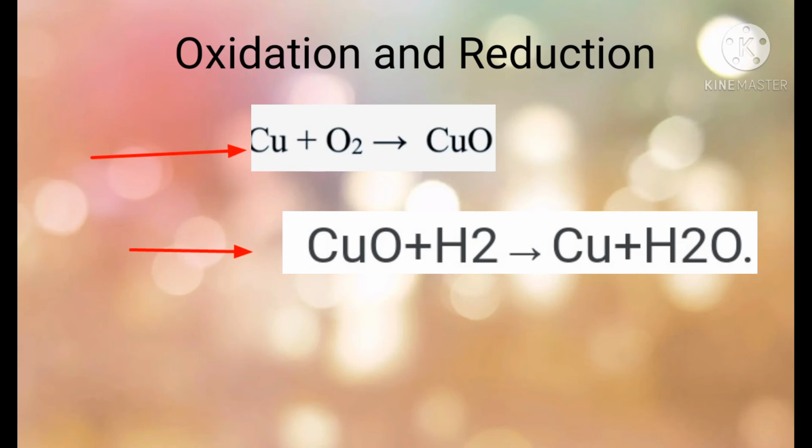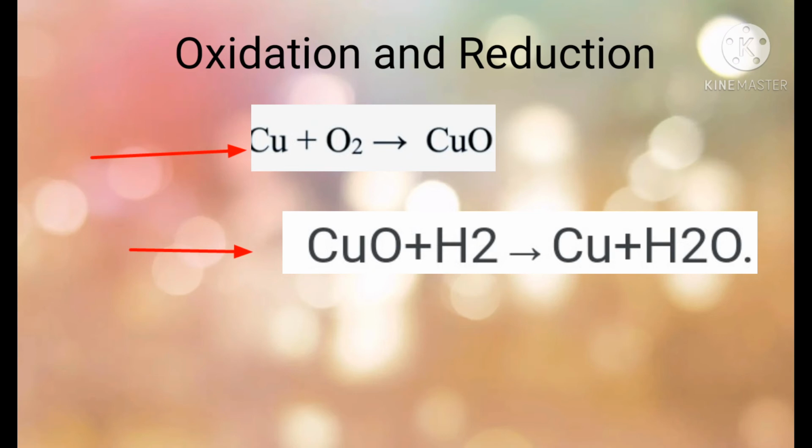On the right side of the equation, there is copper. On the left side of the equation, there is copper oxide. I told you to see on the right side. Only copper is formed. Copper oxide changed into copper. Oxygen is removed. So this reaction is called reduction because of removal of oxygen from the substance. Right side, you have to see copper is there. Copper, oxygen is missing. So removal of oxygen is called, what is that? Reduction. This is an example of reduction.